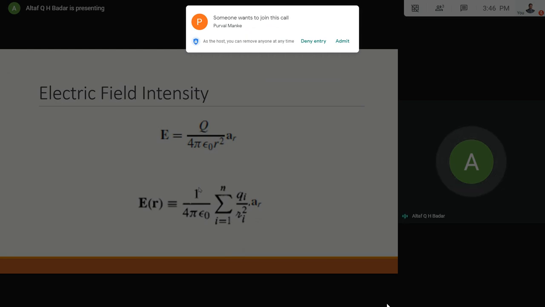So this formula was also there when we were talking about Coulomb's law because of a number of charges. This is electric field intensity because of a number of charges. The difference again here is that one of the Q is missing. Okay? So that is one of the differences that we have. Now here what you need to remember is that the AR will be a combination of the directions because of each and every charge.